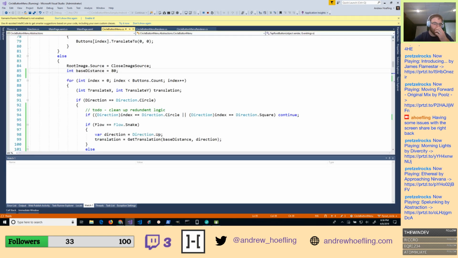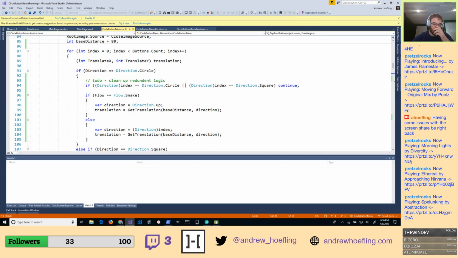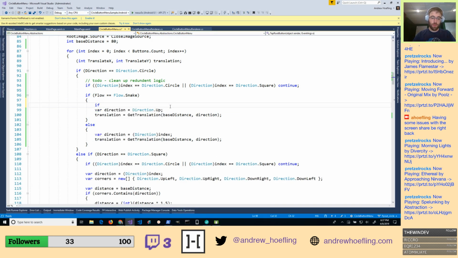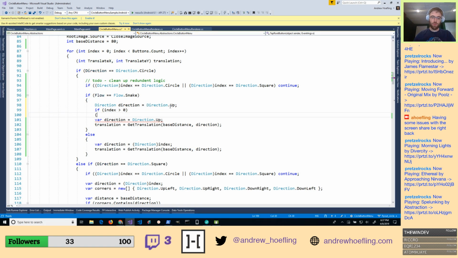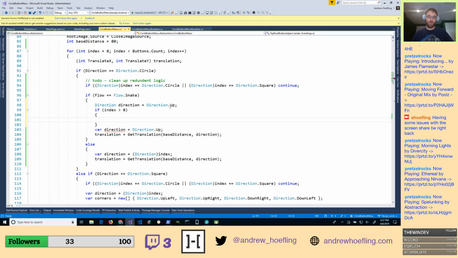And once it gets there, we can start moving each item to that final position, right? So on index 2, or sorry, index of 1, which would be the second item in our collection, we could then say, maybe what we do is we say if index is equal to 0, so on the first one, I'm going to create a direction variable. So if it is greater than 0, what I try doing is